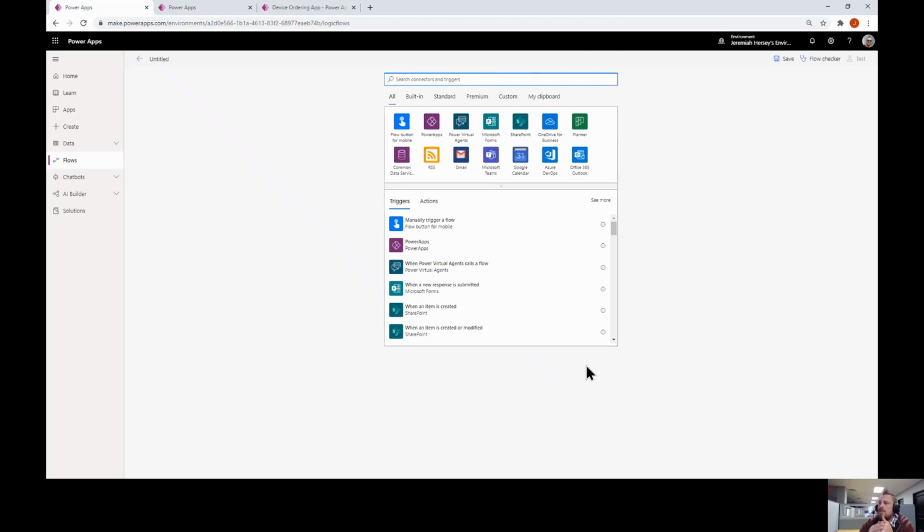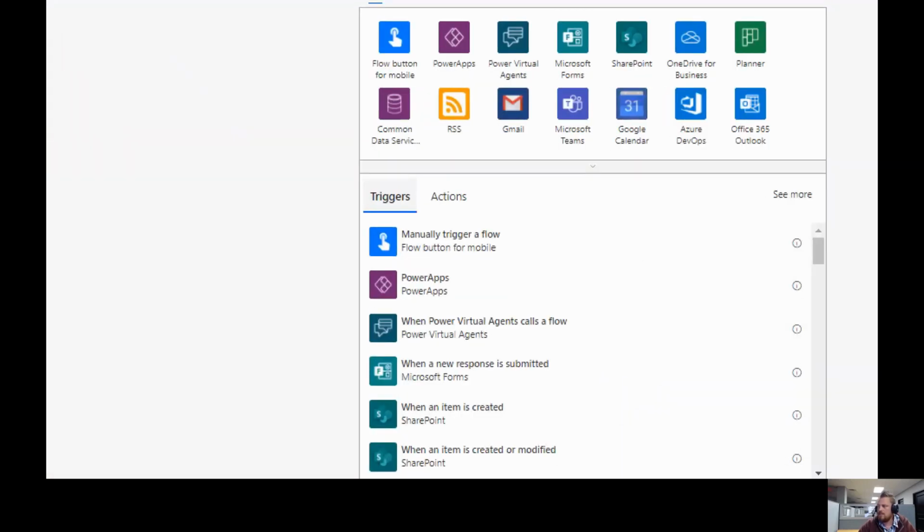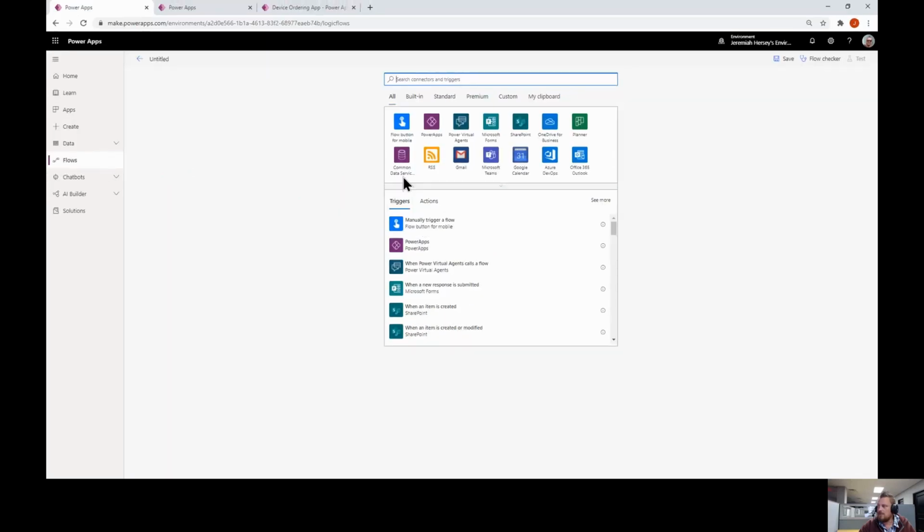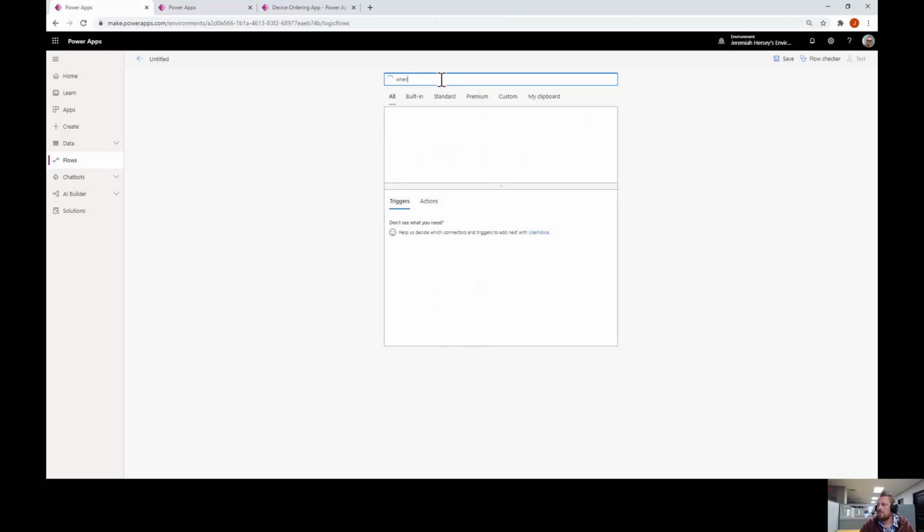So this is our flow screen, and notice that we have a bunch of different options to choose from. The first thing we're going to talk about is a trigger. A trigger is an action that kicks off a flow. So in order to start a flow, we have to have a trigger. In our case, it's going to be when a record is updated or created. So we just type in when